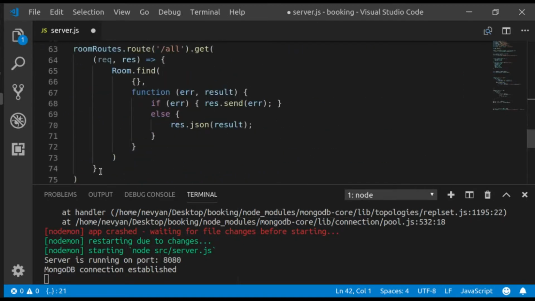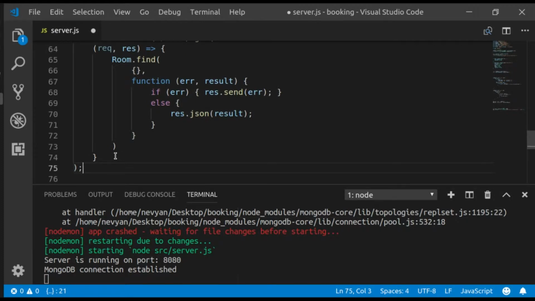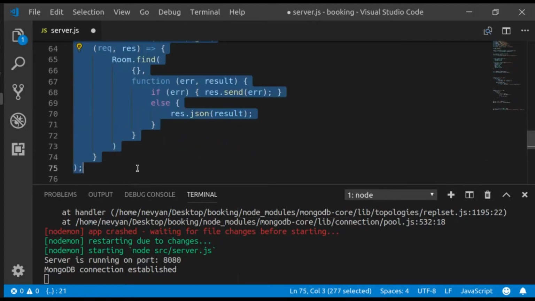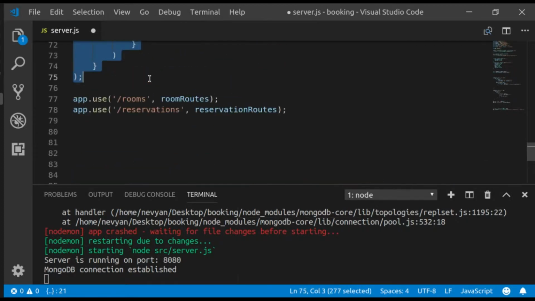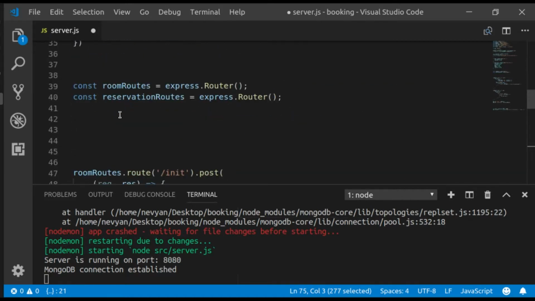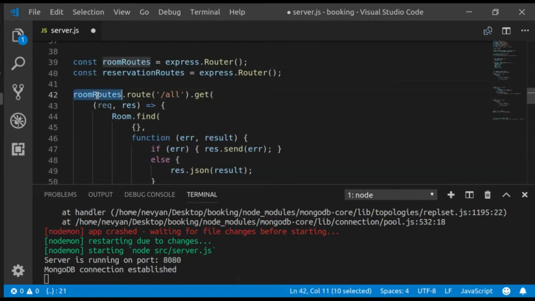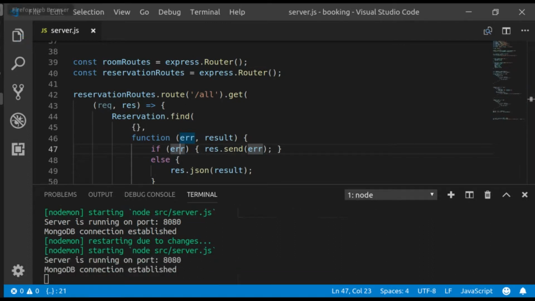can actually copy the code from within our rooms. So just copy it and paste it here. But this time we would like it to be for the reservations. Again, we would like to find all the reservations here. So we use our model, and the rest will be the same. For now, if we save and try to browse the URL reservations all,